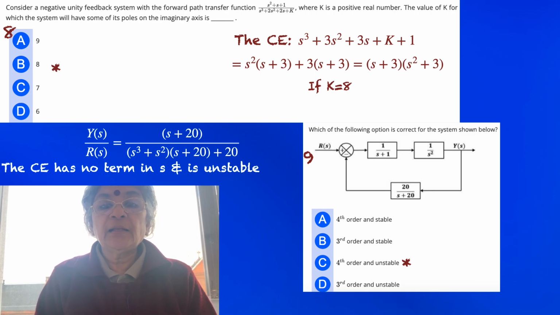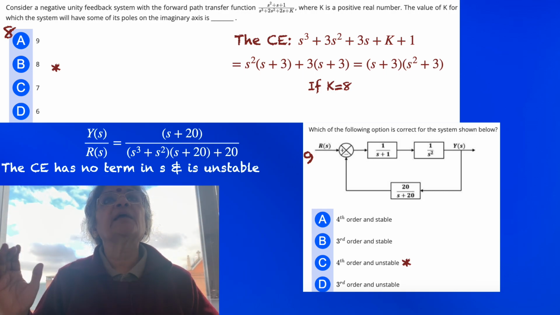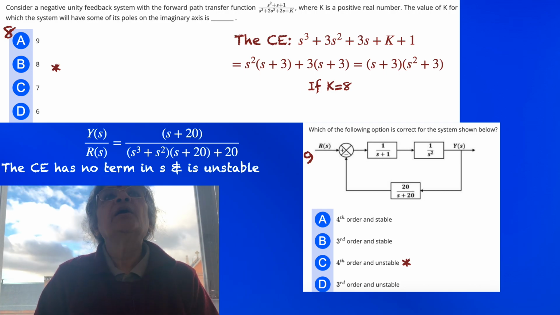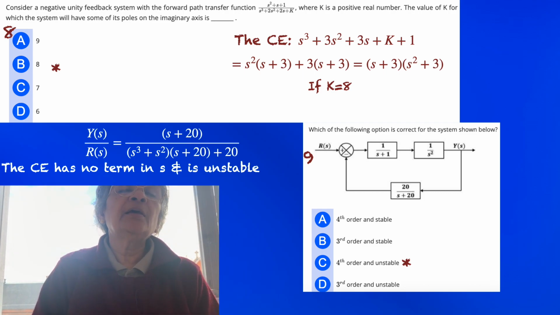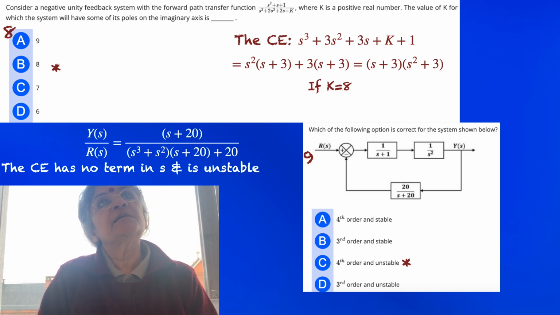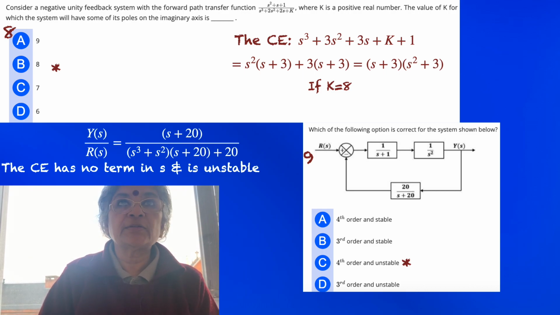So now we see that ultimately you will be left with the characteristic equation which will have a term missing of s. If that is the case, then it's going to be an unstable system. So as simple as that, you don't have to go for the Routh-Hurwitz criterion directly. Okay. So let's go to another aspect wherein